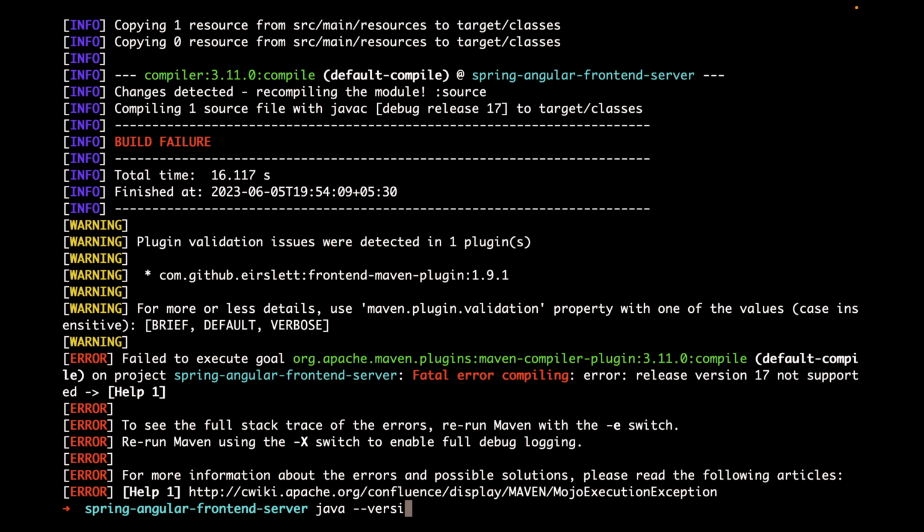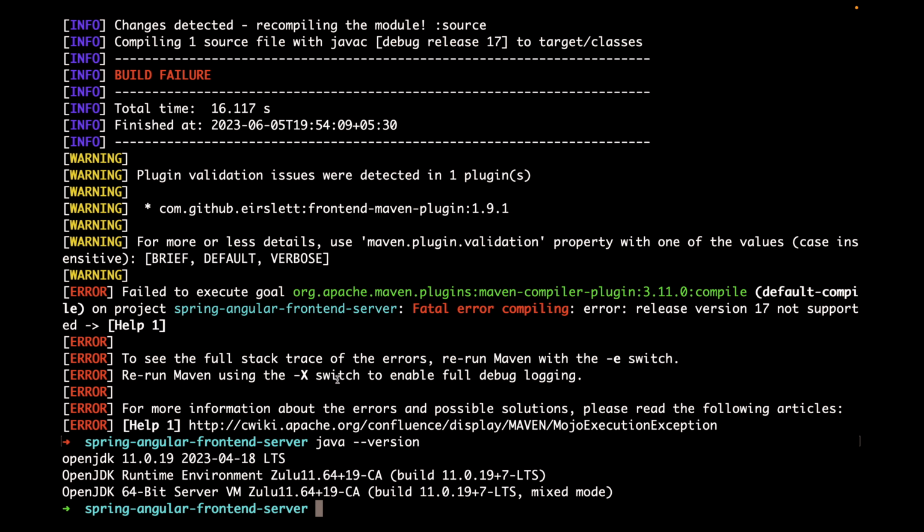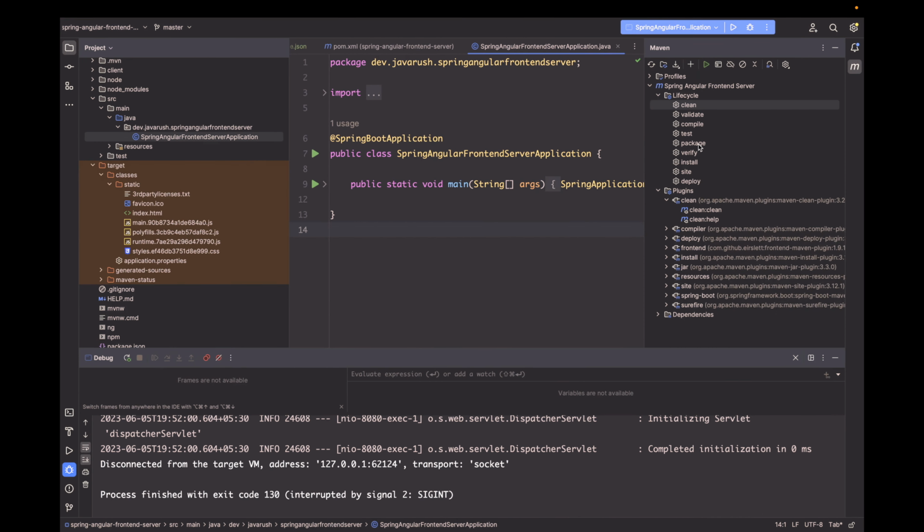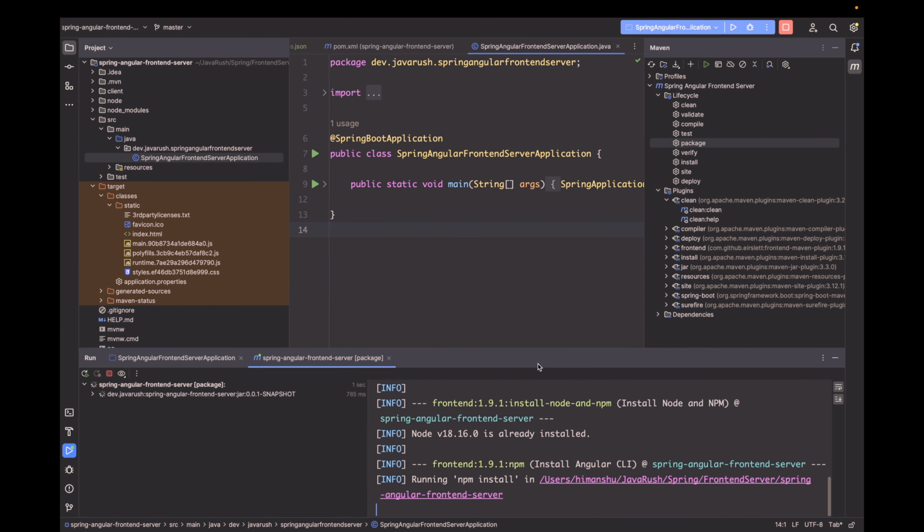See what the Java version is. Okay, maybe this may be the error, like Java version 11. So let's try to package it from inside the IDE. If I click on package here,